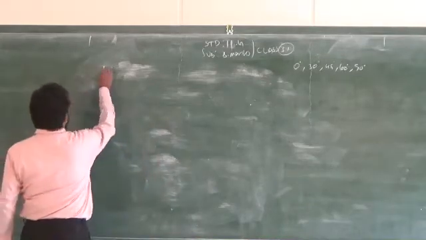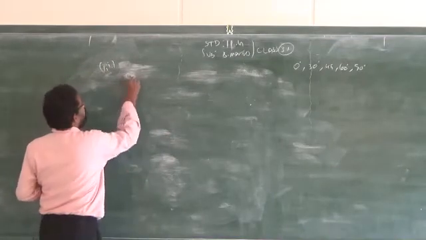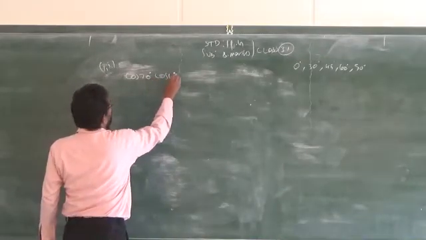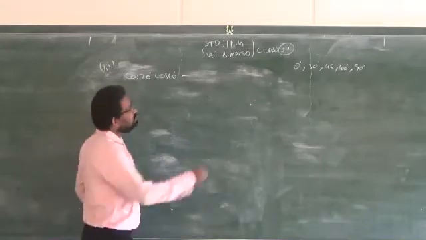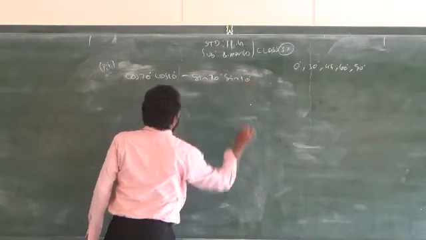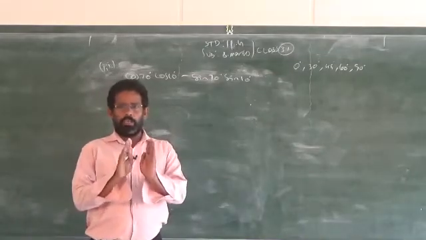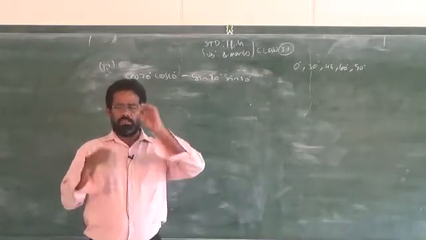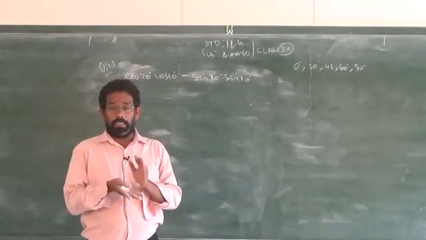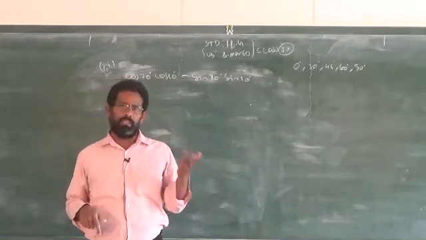Sum number 3 of the same third subdivision: cos 70 degree cos 10 minus sin 70 degree sin 10. So this is, see, just now I said, if you have the product of the same ratio with the combination of plus or minus, you just refer to cos A plus B or cos A minus B. When different ratios come under product like sin and cos, with the combination of plus or minus, then you go for sin A plus B or sin A minus B formula.